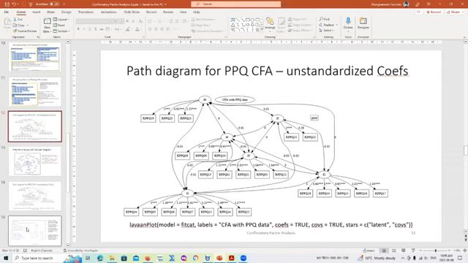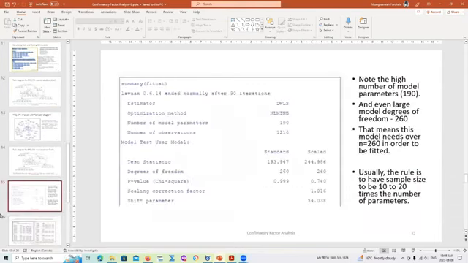So let's go here. And here, maybe let's start from here. When we generate the other one, we'll generate our own pictures. So basically, if you are using the SEM package, SEM, or the CFA in lavaan, then this is the output that you get. So you get your overall model fit.